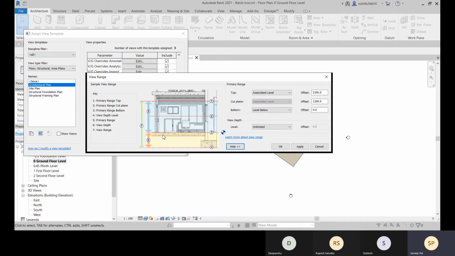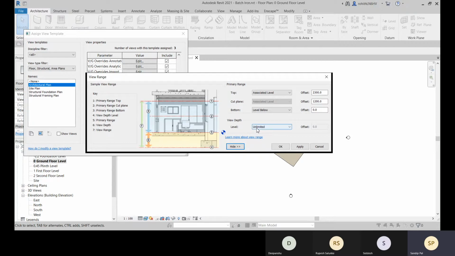So those objects which are not present in this current floor plan can be added within this plan. So that should be within this view depth. Okay, so this 6 is your view depth. That is not your primary range, so those are not the primary objects within this floor plan. You can add them, but those will be visible in some dotted line or in grayed out or faded color.